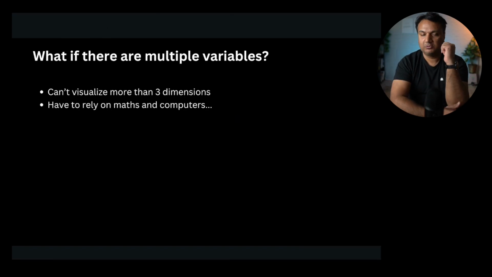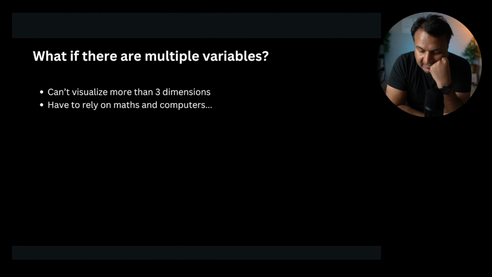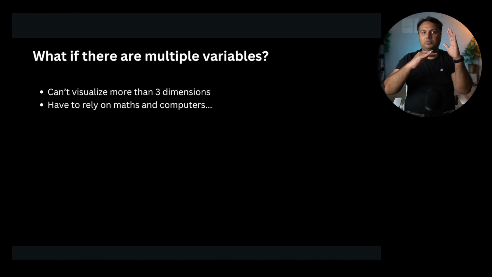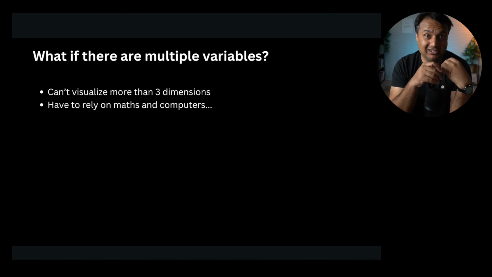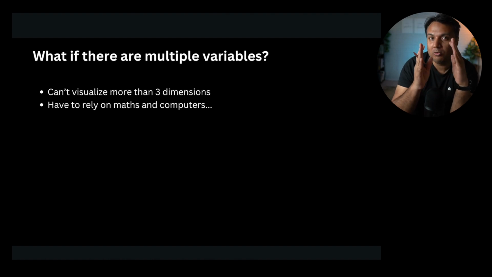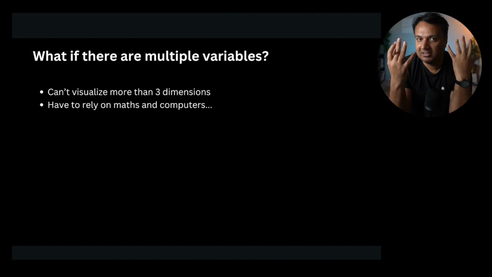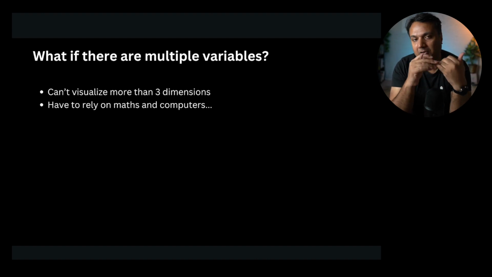So now the next question is, what happens if there are multiple variables? We just considered the house size. Now we know there are multiple other factors. For example, number of bedrooms, how old the house is, what is the location. So how can we incorporate that? Whenever we are trying to plot, a human mind can only look at 2 dimensions or at most 3 dimensions. The moment we go into more dimensions, that is just beyond what we can envision. So in that case, we have to rely on maths and computers.